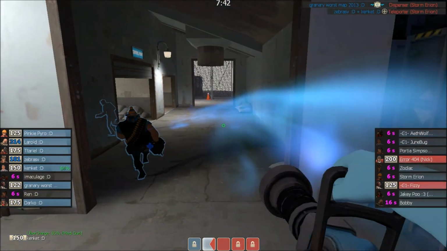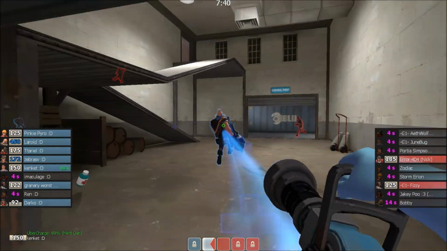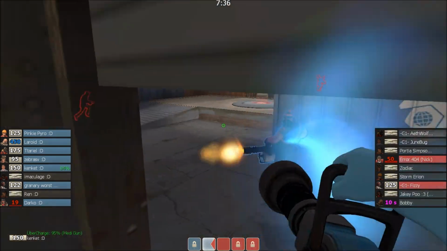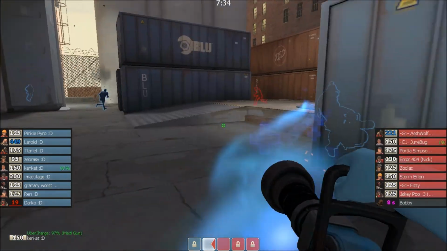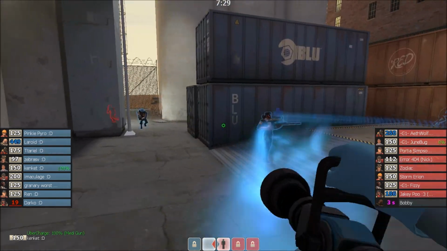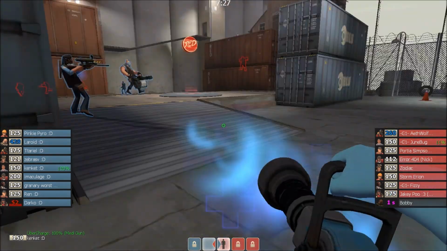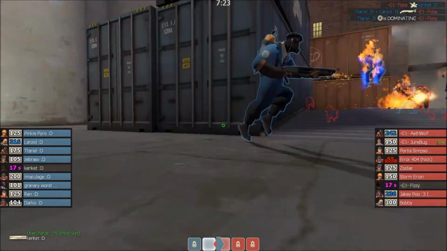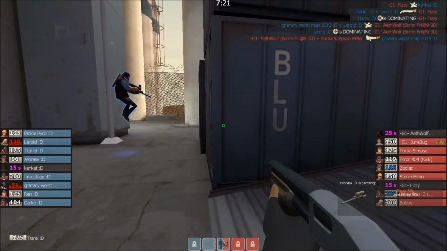Junebug went down, so they have super uber advantage. They're gonna have a full uber before they even have 0, I'm pretty sure. So super uber advantage coming forward. About 95% advantage now. They just want to capture the point though, so they need their scout. Pyro is not doing enough. I feel like